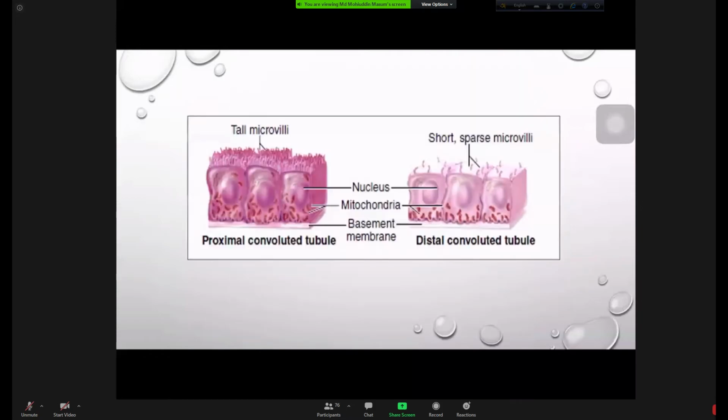But now, in the proximal convoluted tubule, the filtration is much higher than the distal convoluted tubule. So in the proximal convoluted tubule, there are numerous tall microvilli, and in the distal convoluted tubule, the microvilli are very short and small. So due to the presence of this tall microvilli, for example, in the lumen,